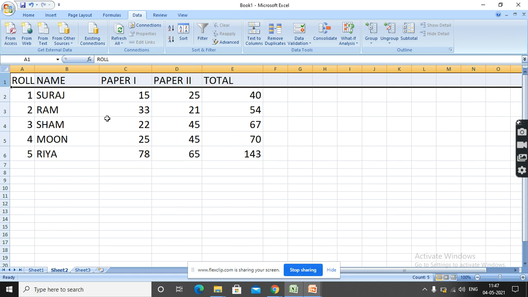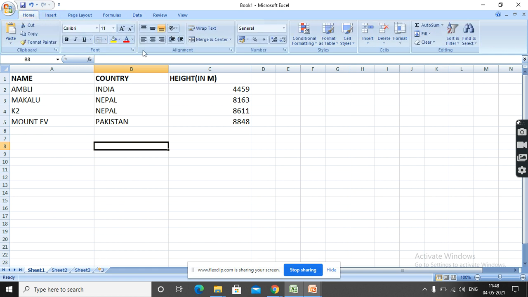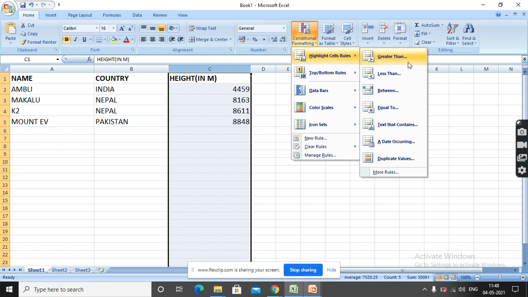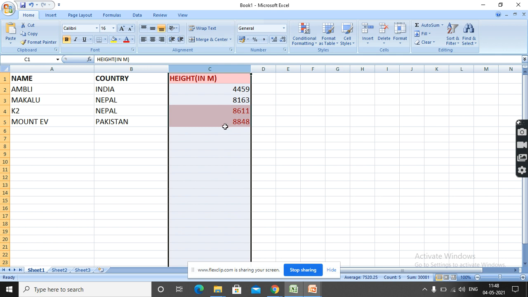Now here in this column, if you want to do conditional formatting, I'll use my first column, that is my first cell. For conditional formatting, you need to go to your home tab and from there in the styles group, you have to select this conditional formatting here. So I select these values and here I select highlight cell rules, greater than or less than according to your value. I select greater than 82200. So here these two are highlighted, that means these two values are greater than the value that I have given.